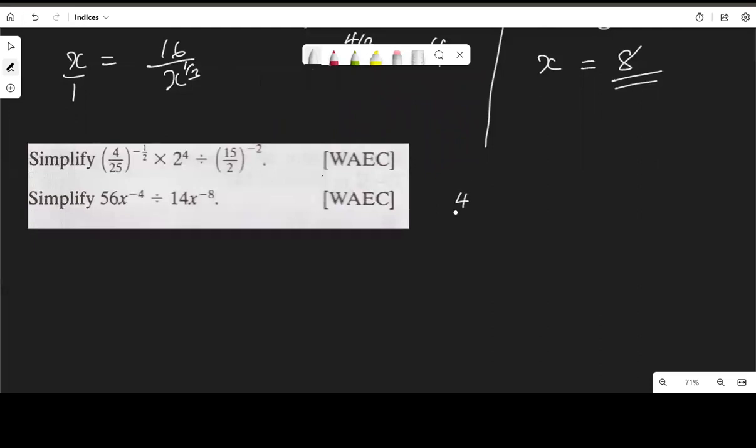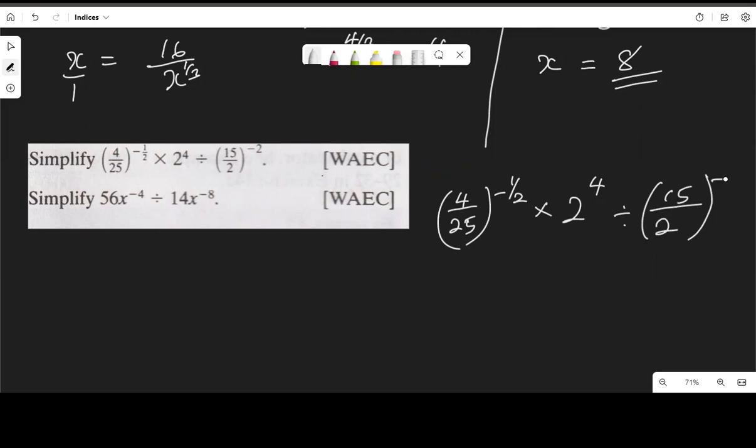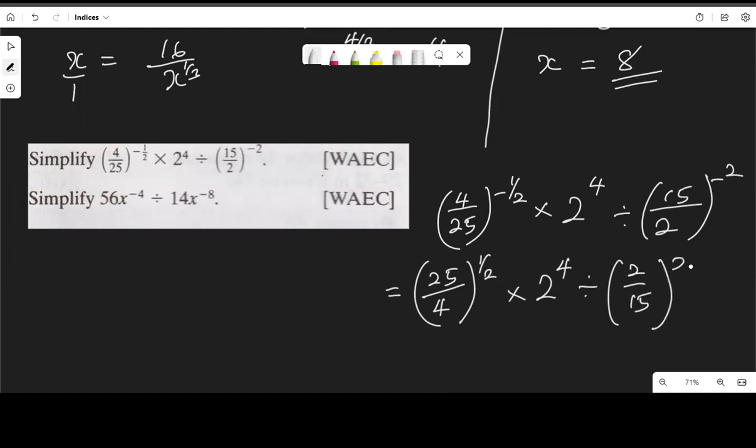If I have 4 over 25 to the power of negative half multiplied by 2 to the power of 4 divided by 15 over 2 to the power of negative 2, because of this negative index here, this will be 25 over 4 to the power of half, then multiply by 2 to the power of 4, divided by, again there's a negative index here, so I'll have 2 over 15 to the power of 2,